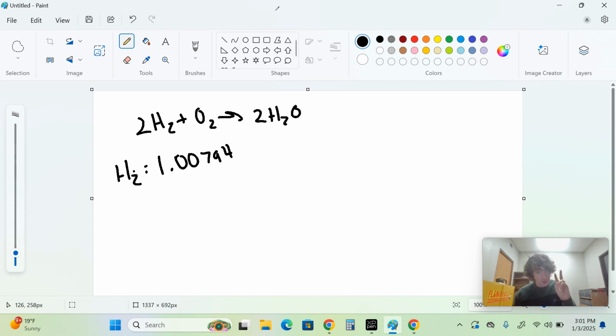It's H2. There's two of these atoms together, which means I have to multiply this by 2. And that's going to give me what? I probably shouldn't make educational videos and then not do the education. That's probably a bad idea. 1.00794 times 2 gives me 2.01588